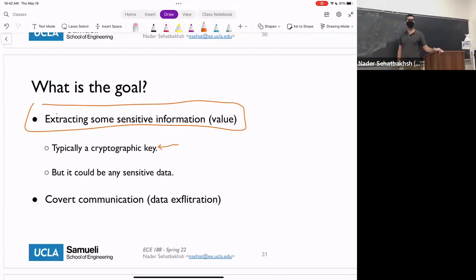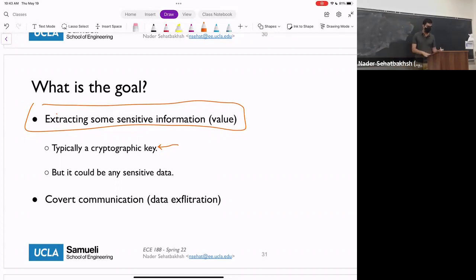Because as you know, extracting keys just using normal software level is not possible. We extensively talked about how these systems are proven to be secure against brute force attacks and all sorts of software attacks. But what the attacker can do is basically use the physical characteristics to understand what is the value